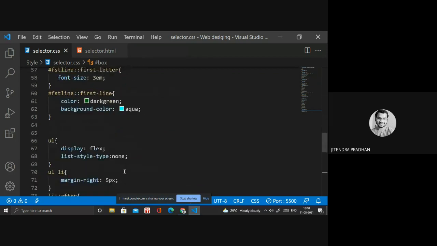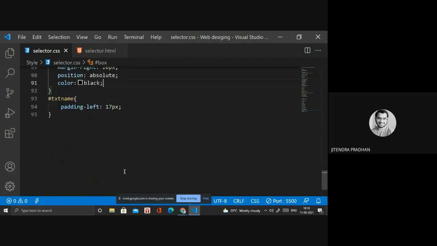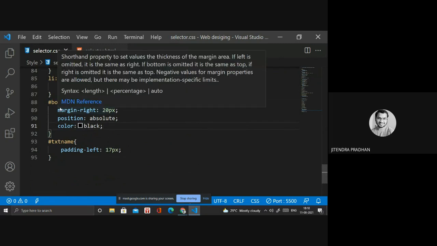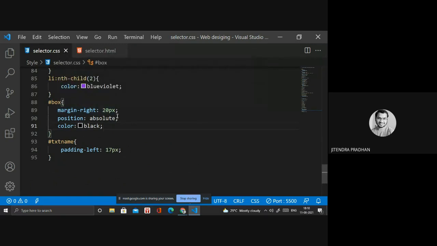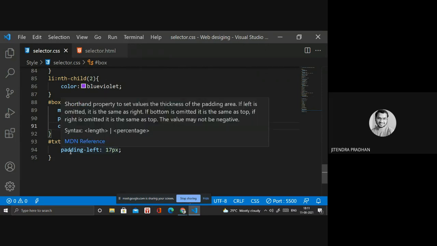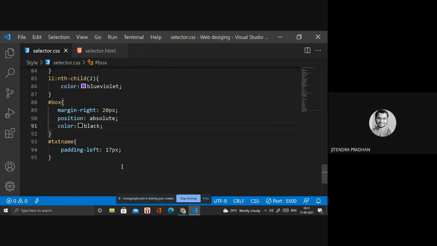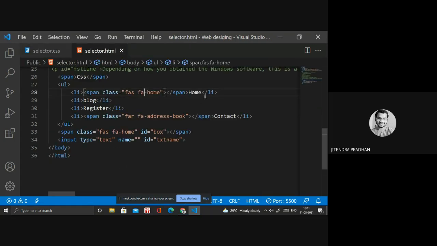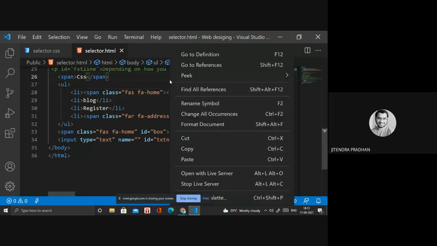Look at that CSS code. In that box I am designing margin right 20 pixel, position absolute, and color black. And for the text name, inside that I am using padding left 17 pixel so the cursor will be moved to the left side. Okay, I will show you how it is affected. It's opening shortly. What happened?